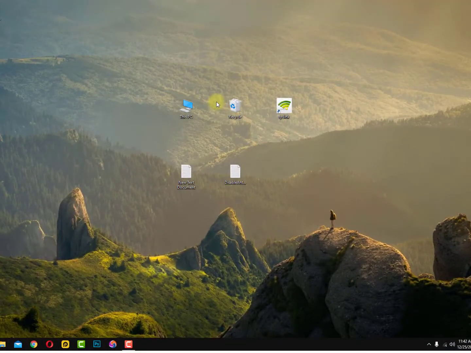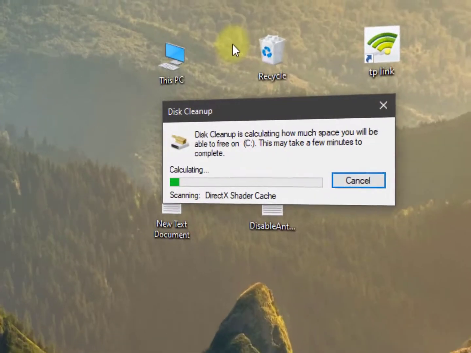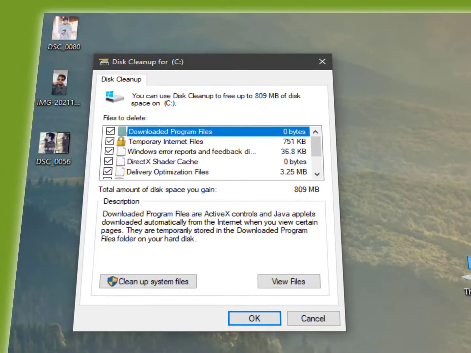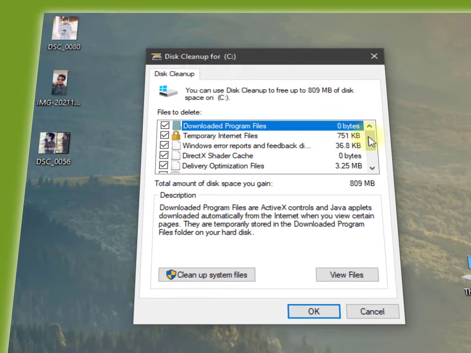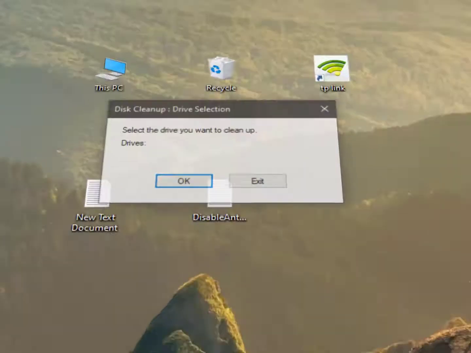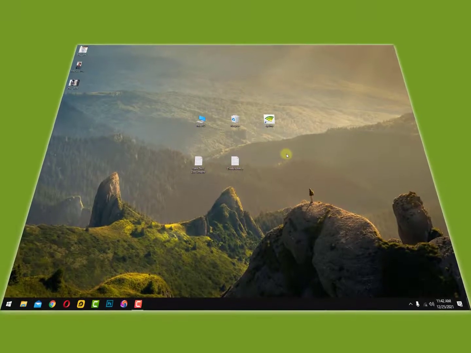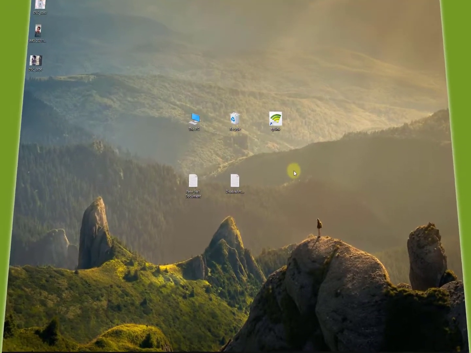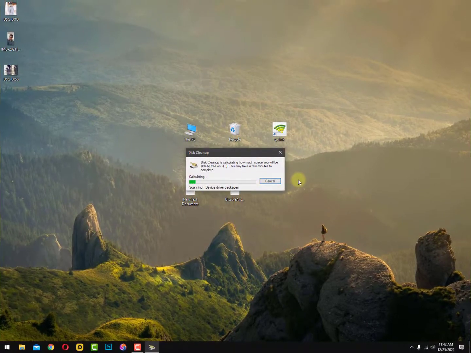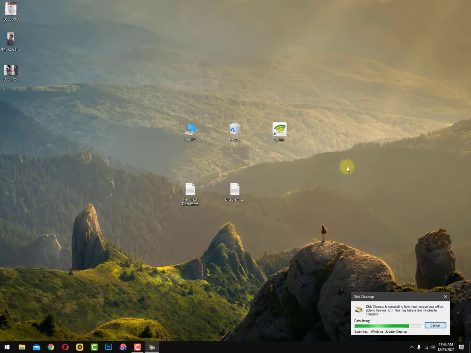That's not important, that's only the C drive. It depends on where your Windows operating system is installed, so choose that drive. And now here you need to check all these options for cache, clean the cache, and also clean up system files. So click on it, it will scan once, and this time it will include the Windows updates cache, etc. So we need to clean them. It takes some time because I did so many Windows updates, so now it will take time. In your case it might not take much time, maybe more than 2 minutes.